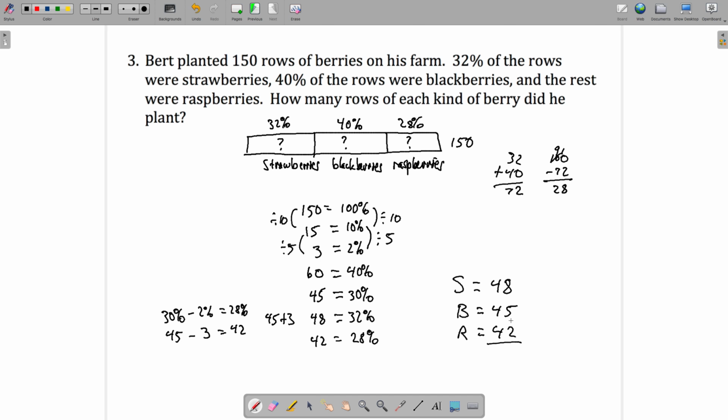And if we add those all up together, that should give me... it doesn't. Oh, blackberries are 60 rows. That's my mistake. There we go. Let's change that. So blackberries are 60 rows. So there's your check. I went to add it up and it didn't work out right. So this is 0 and carry the 1, and there you go, 150. So now we know